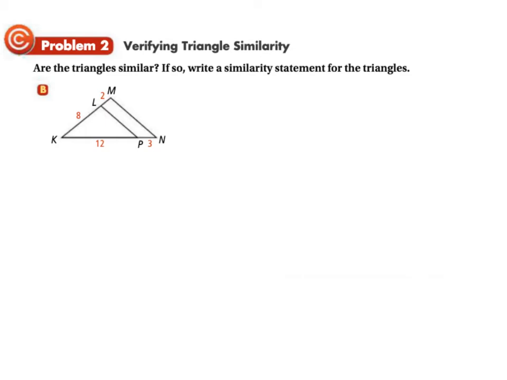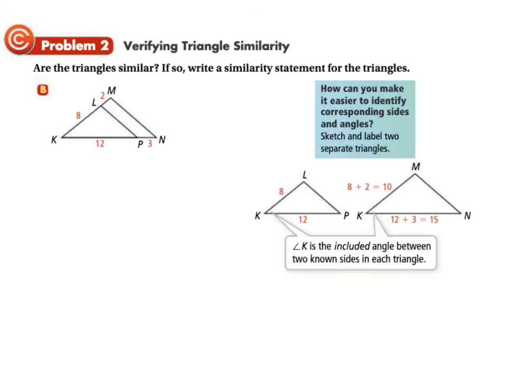So are these triangles similar? If so, write a similarity statement. Well, we only have two pairs of sides. Guess what, though? We have a reflexive angle, so that's what we're going to have to deal with. How do we know what the length of that longer triangle side is? Well, you can do this if you like, which is to sketch it out and see those two triangles separately,